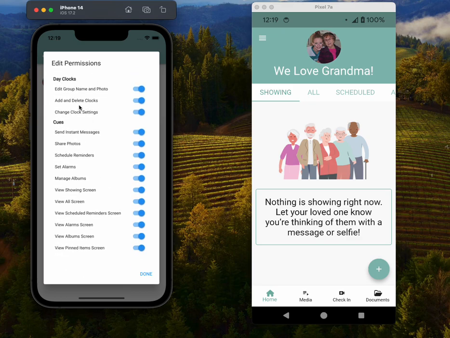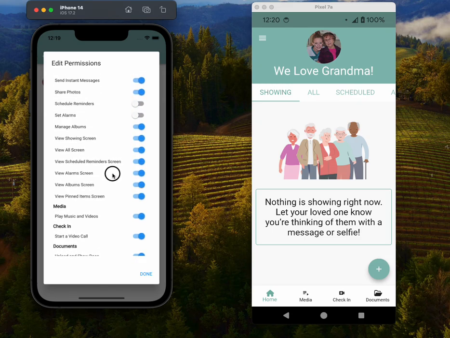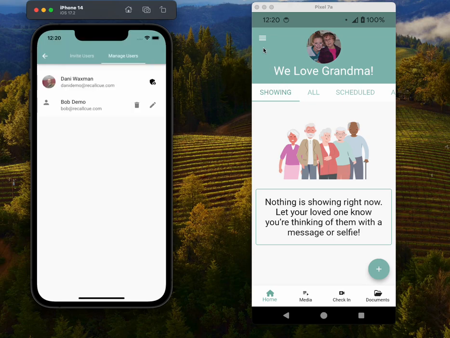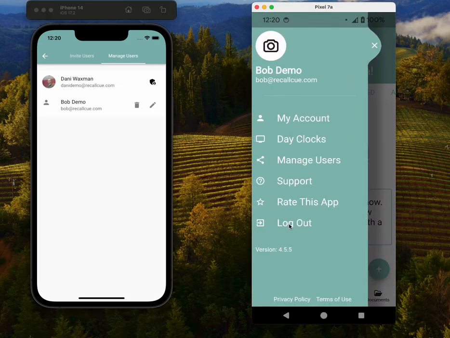First of all, I don't want Bob to be able to change my day clock settings, and I don't want Bob to be able to add or delete. And as we said, I don't want Bob setting alarms or scheduling reminders, and I don't want Bob starting video calls. Okay, and done. And then the next time Bob logs in,